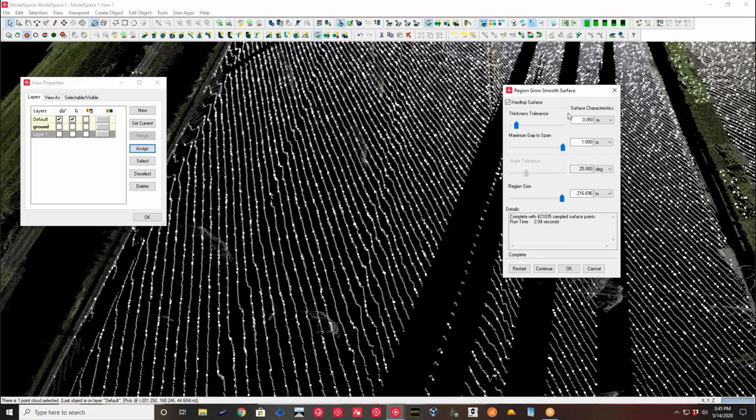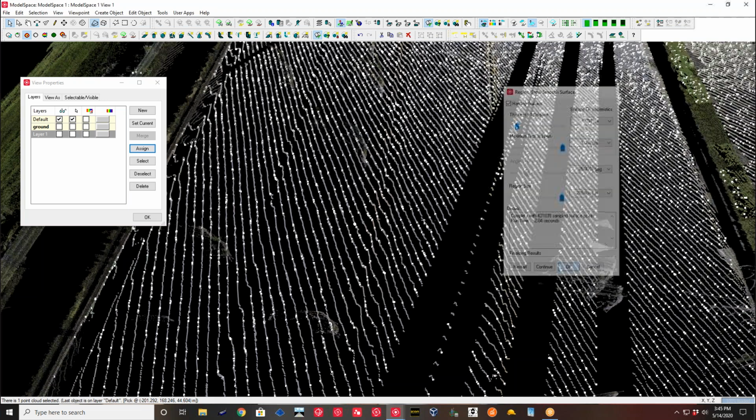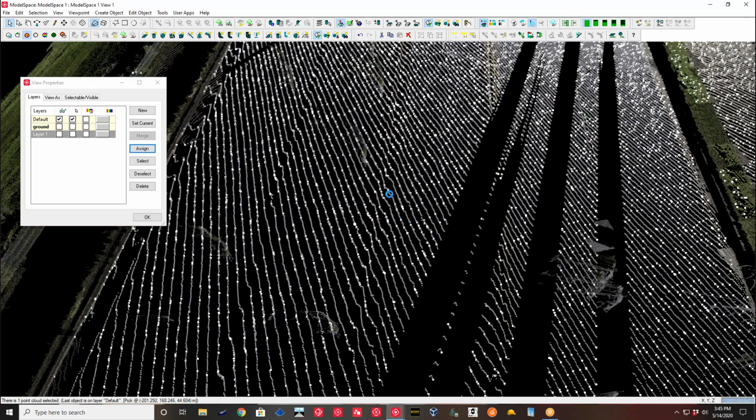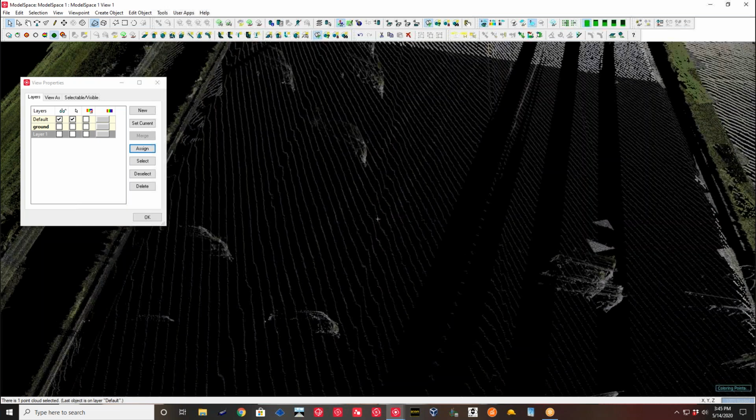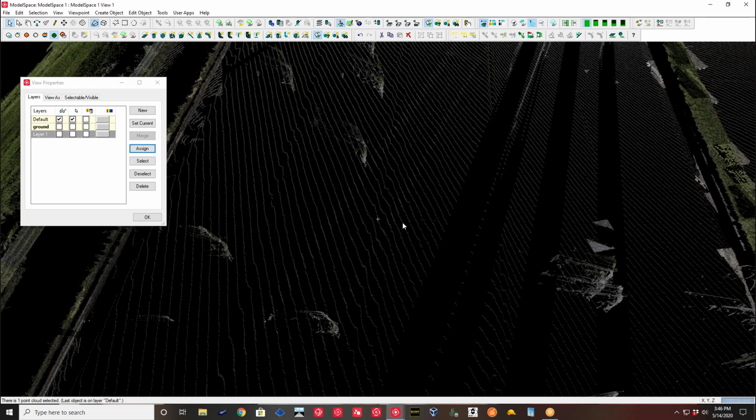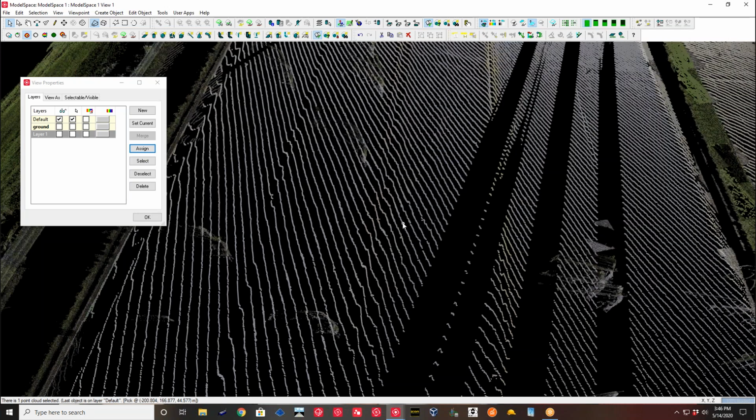Comes up with your smooth surface options. It's already ran through it, so I'm going to click OK. It's going to sit here and chew on it for a second. All right, so now that it's done, I can select a sample of that region, and I can assign it